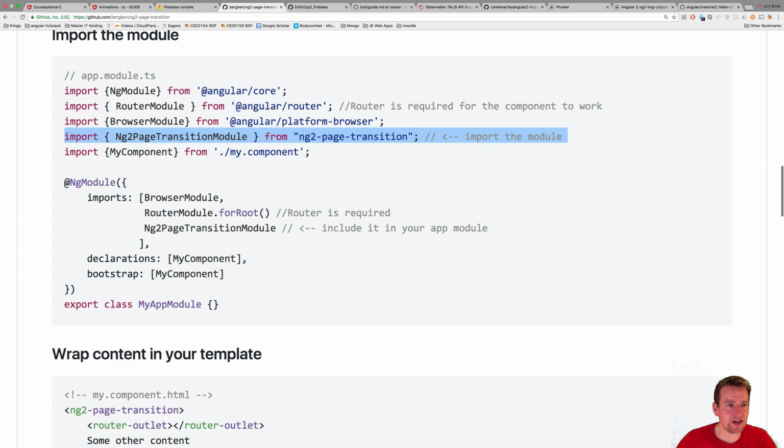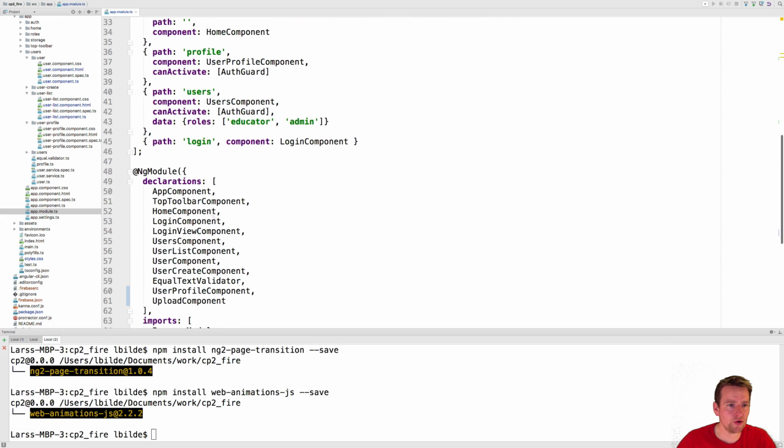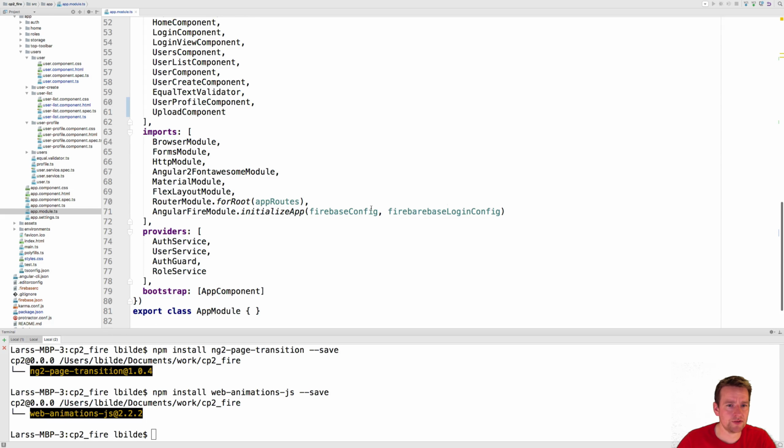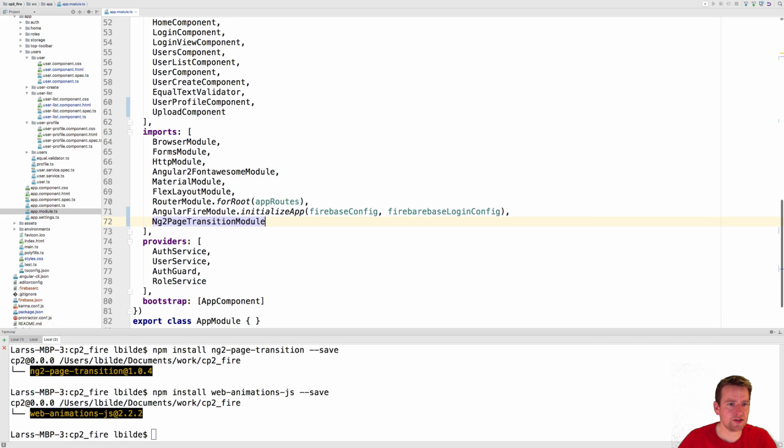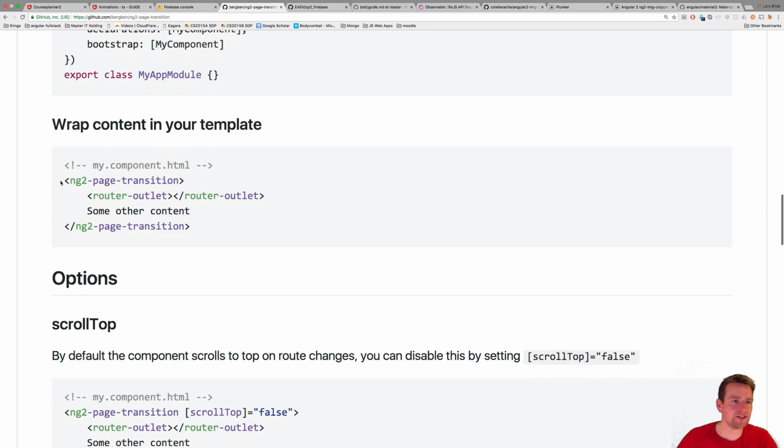So you have to add this line here under imports. Now we're starting to have a lot of imports. But under ng models and imports, it's right here. We need to add this ng2 transition module. Okay, we're there. And then the last thing he says we need to do is add this in our root